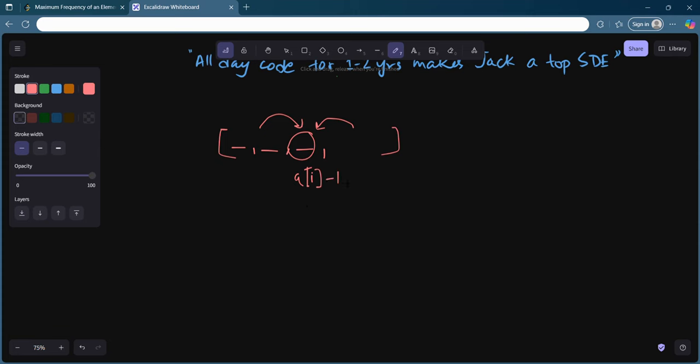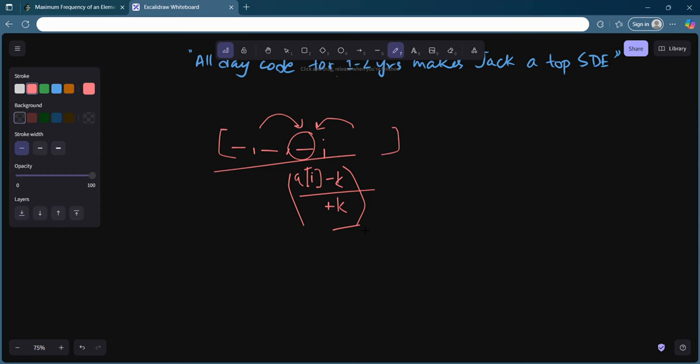Because if you try to convert all of the numbers into any number lying in this range, you will be able to get that many frequencies. So you check for three boundary points: a of i minus k, a of i, and a of i plus k.